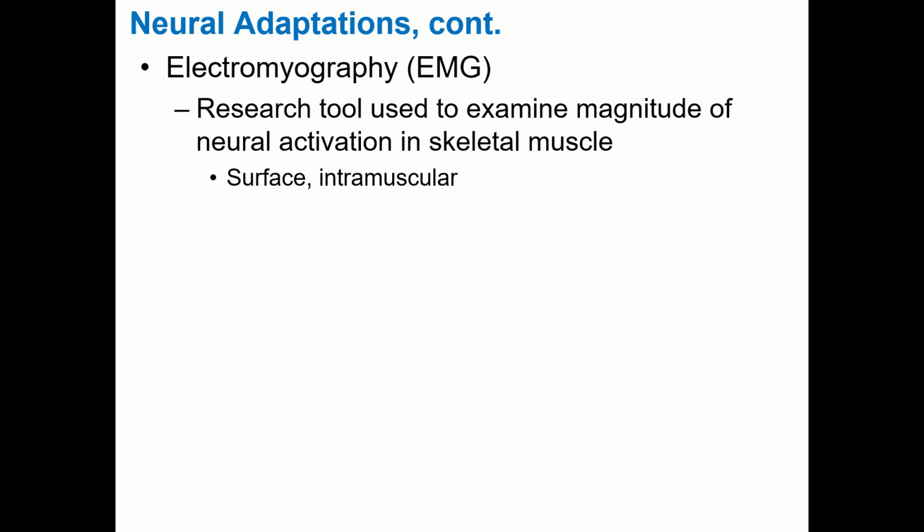And then intramuscular EMG, it's a fine wire. It's this little wire they actually jab into the muscle. Because one of the things about surface EMGs is that they're only good at detecting superficial muscles. Well, what happens if we're interested in the action of vastus intermedius, for example, because that's deep to rectus femoris? So we need to figure out a way to get to the electrical activity of that muscle, and so that's done through intramuscular EMGs. As you can imagine, not the most comfortable thing in the world, and it's pretty small, it's about the size of a hair, but to have a little wire in there